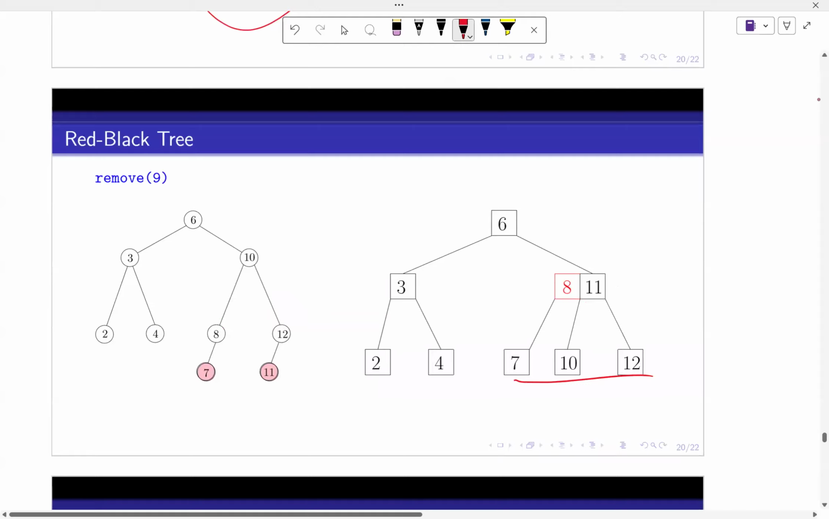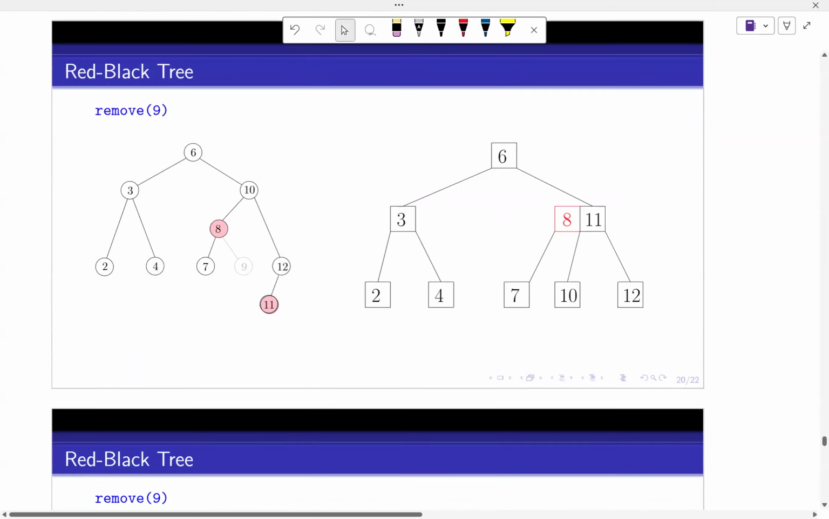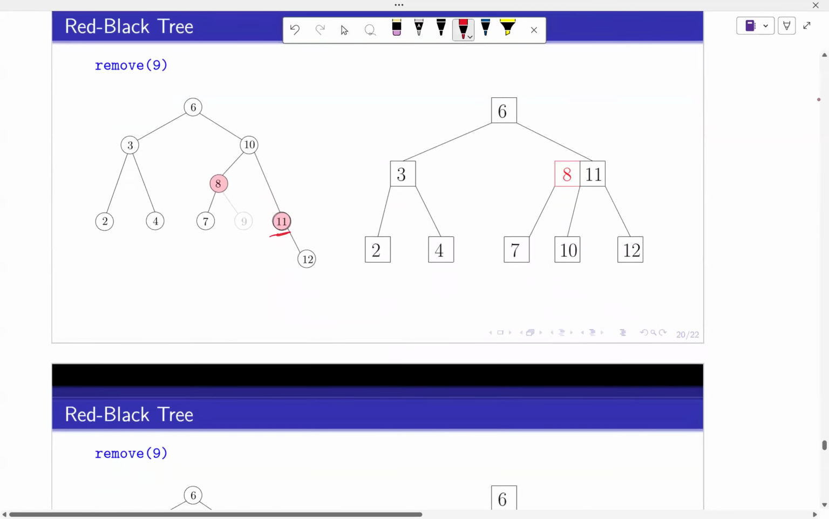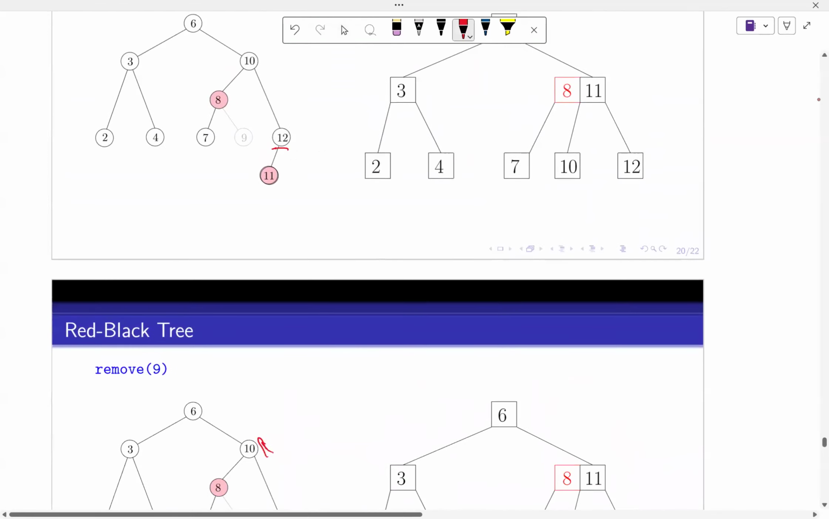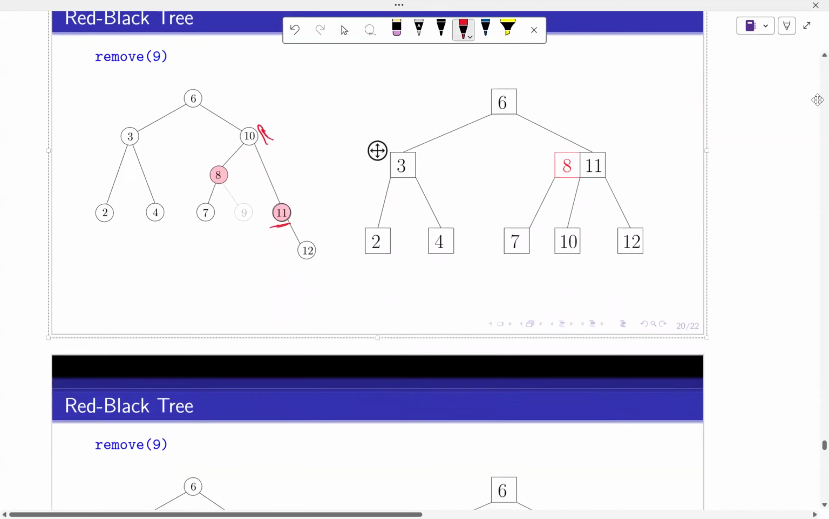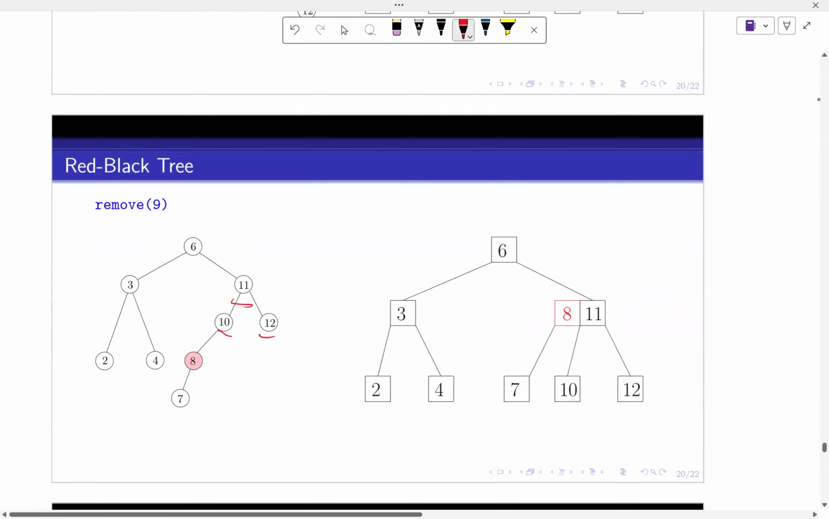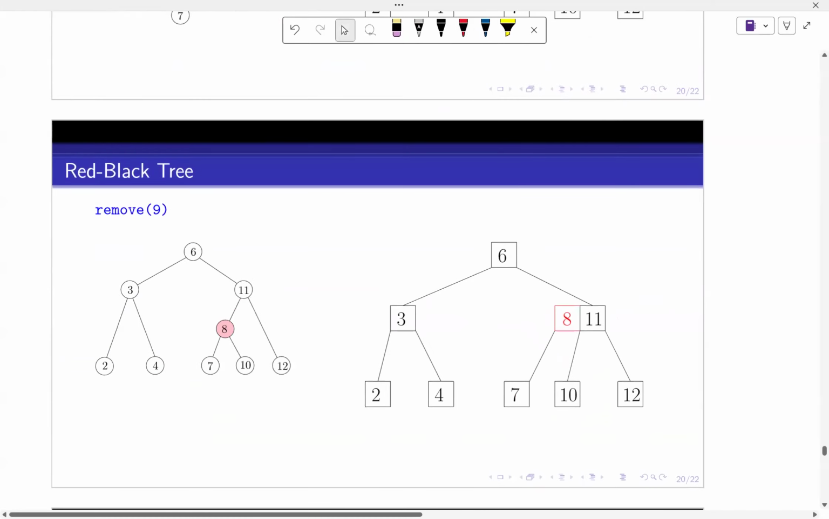But if I did want to follow this up and make it look exactly the same, I could. I remove the 9. I want to get 11 up to this position, so I rotate right at 12, and then I rotate left at 10. And then 11 is the parent of 10 and 12, and I've made it black. And then I'm going to rotate right at 10, and then I have basically the same tree. Again, that's a lot of work to get to a place where we were in one move earlier, but